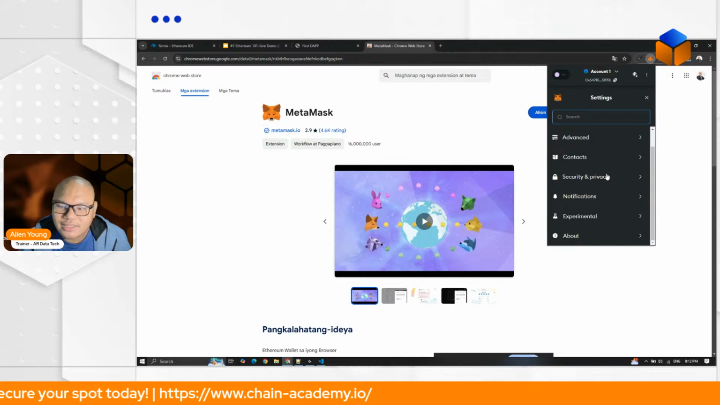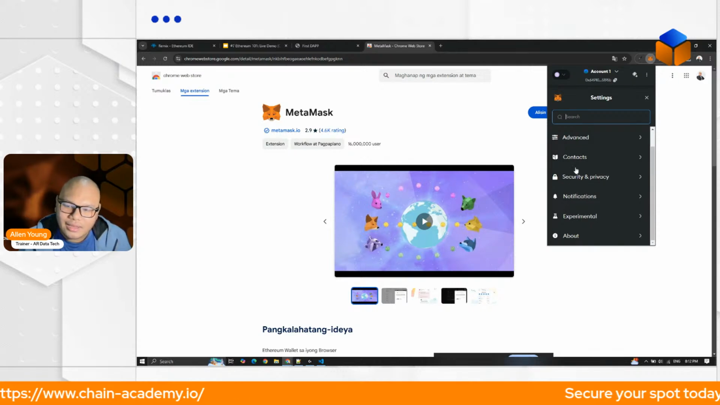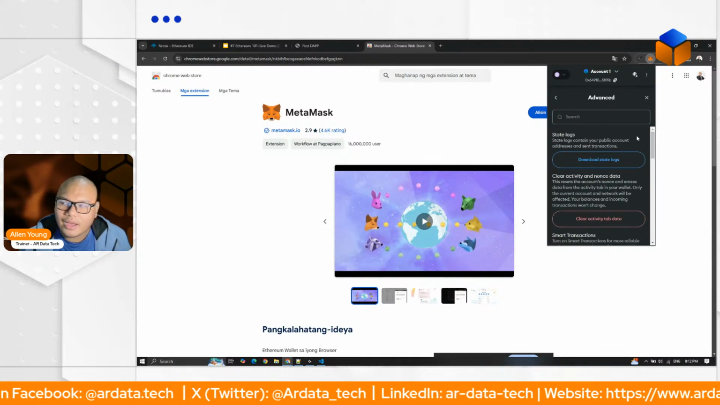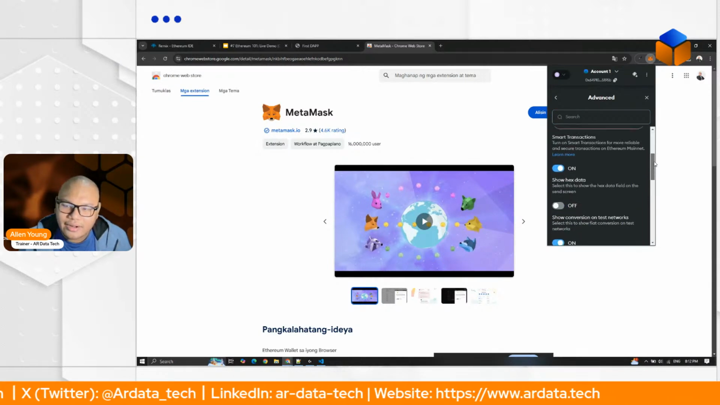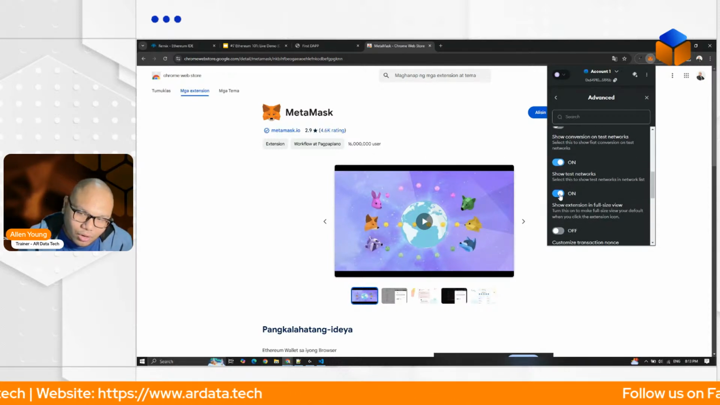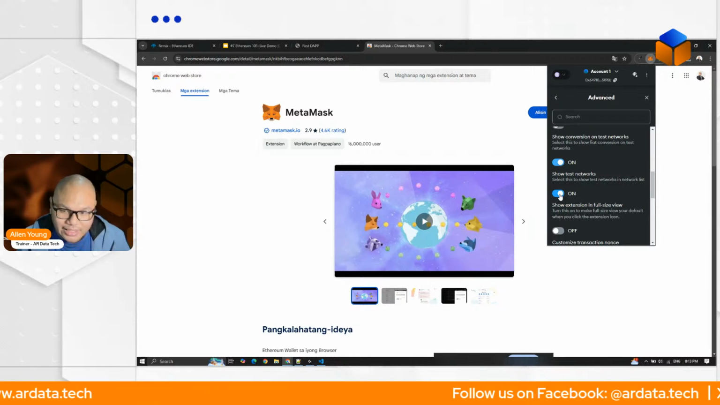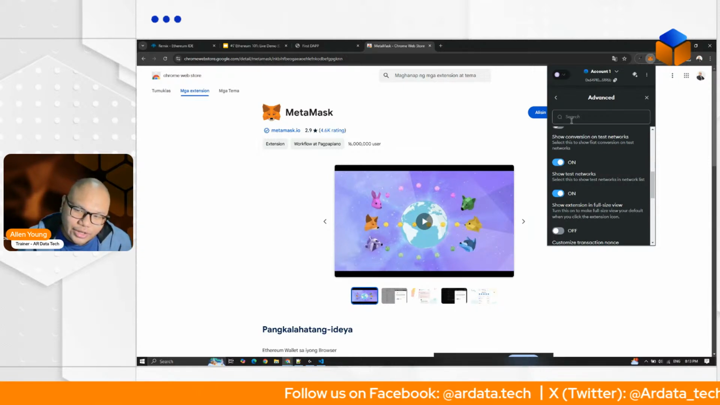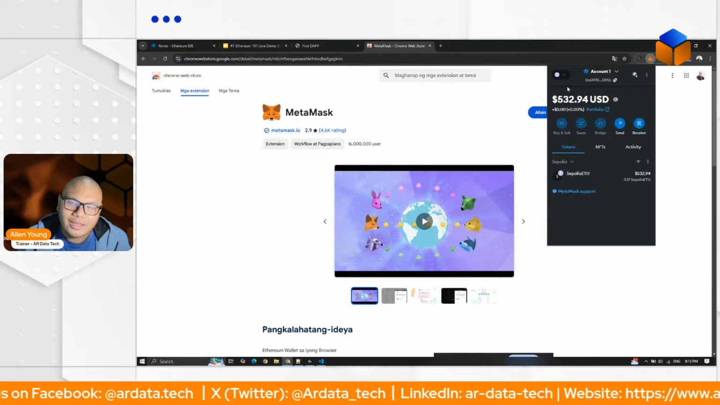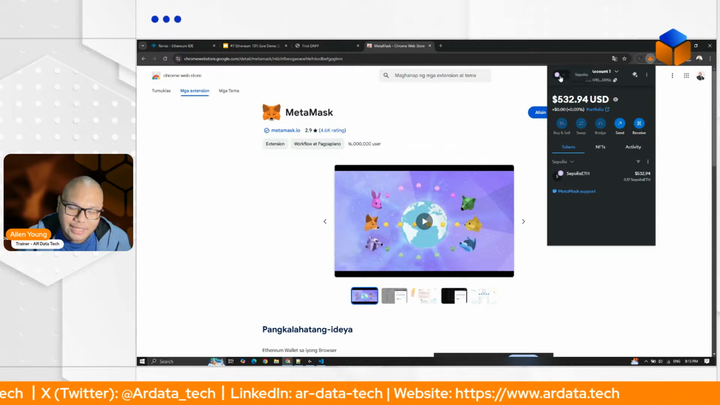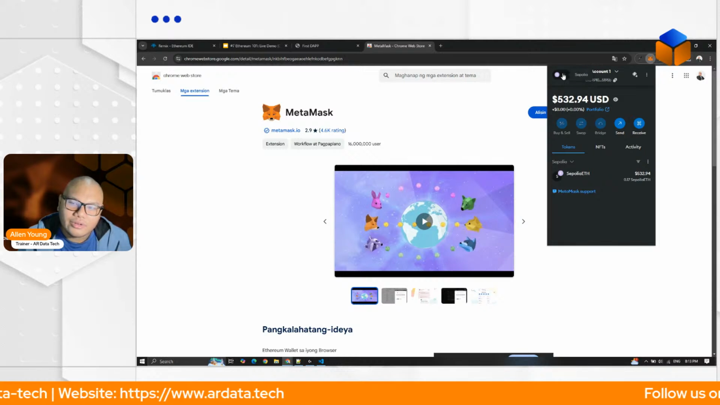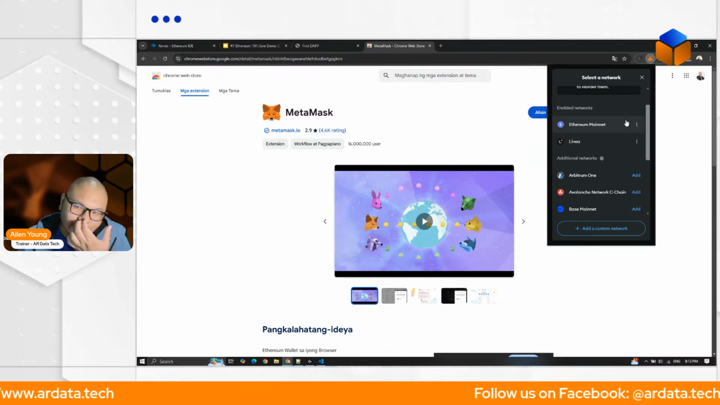Then on the settings, you will need to have the advanced. All right, so click it. On advanced, you will see here show test networks. So you need to turn it on in case your settings is turned off. Once turned on, you need to go back on the home page. Let's go back. And when you go here, this is the part where you will choose your network. Okay, so try to click here and you will see the networks available